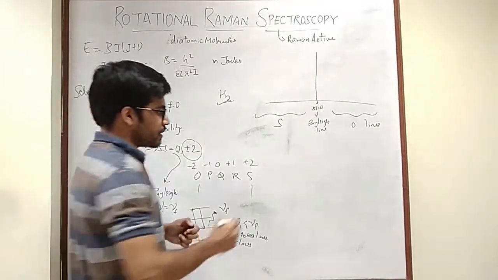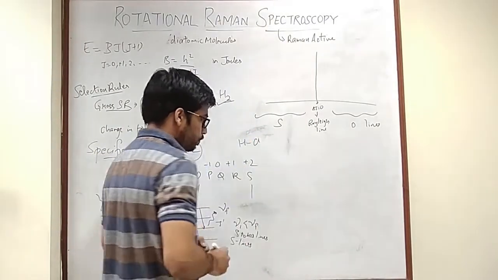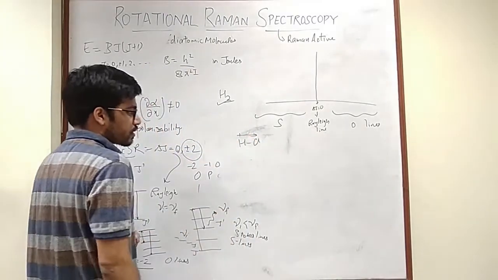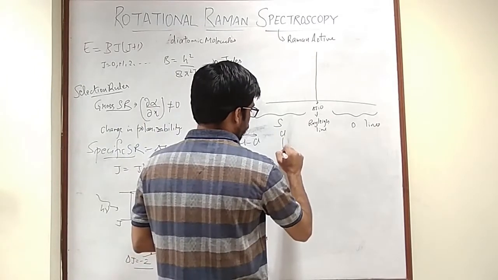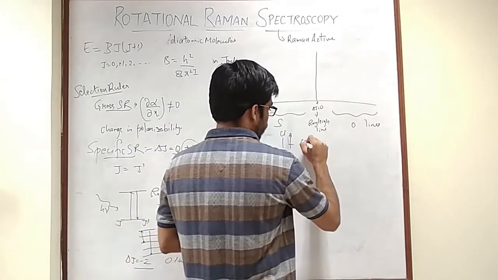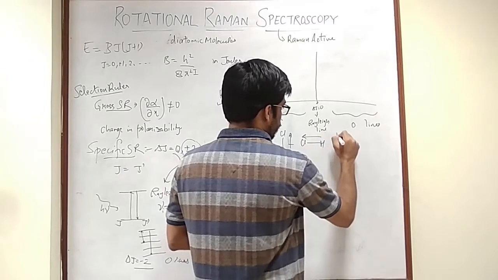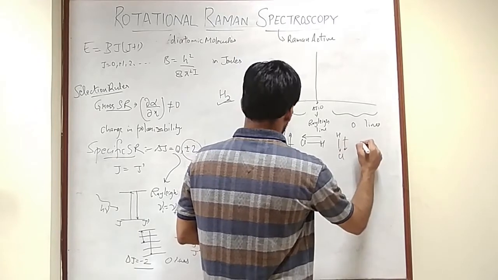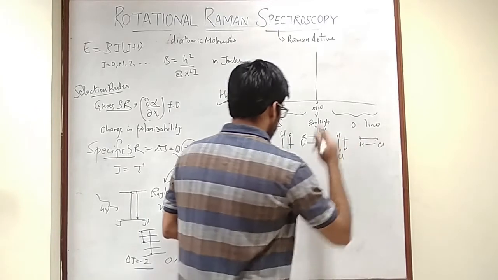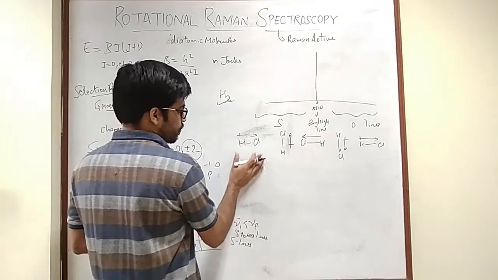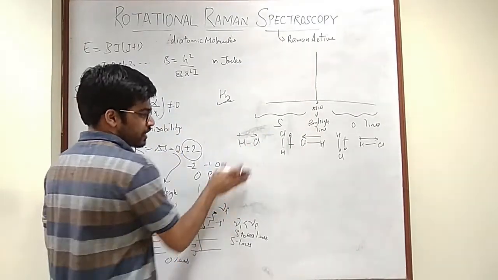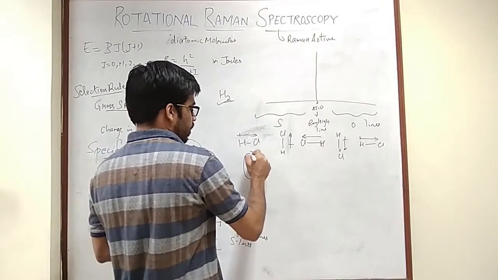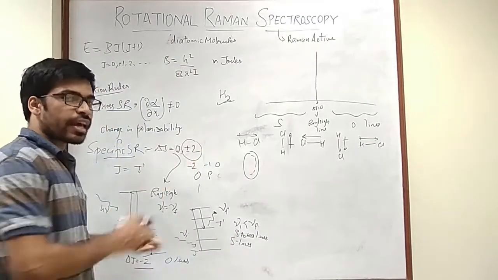The physical interpretation is, let's say you take the example of HCl. HCl will have a dipole moment like this. In the next rotation, like this, then like this, and finally... so in this case, there is polarization occurring in the presence of the electric field. The polarization is occurring in this direction. So if polarization is occurring in this direction, the polarizability ellipsoid will look something like this, squeezed in that direction.